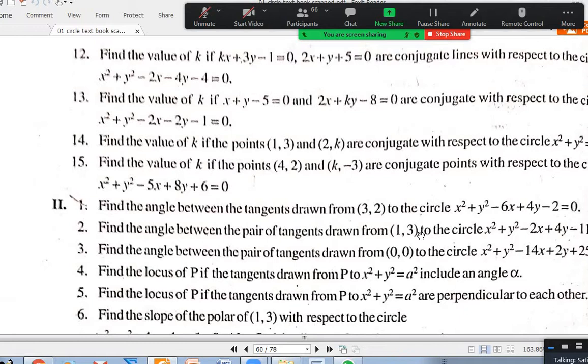Spend some time looking at the class notes. I gave the solutions PDF also. I sent, right? IP solutions. Yes, sir. Okay, so you can look in that PDF. Still, if you have doubt, I'm ready to discuss. 14 and 15 are very easy because conjugate points means simply S12 equal to 0.